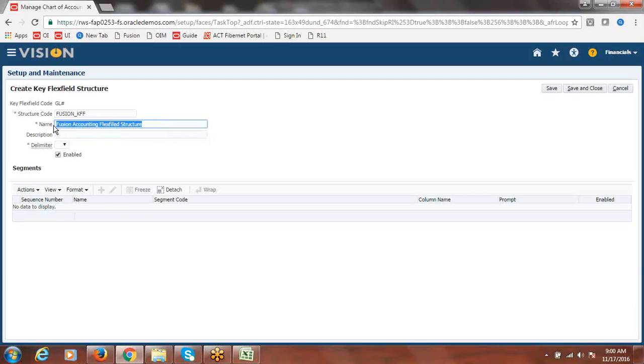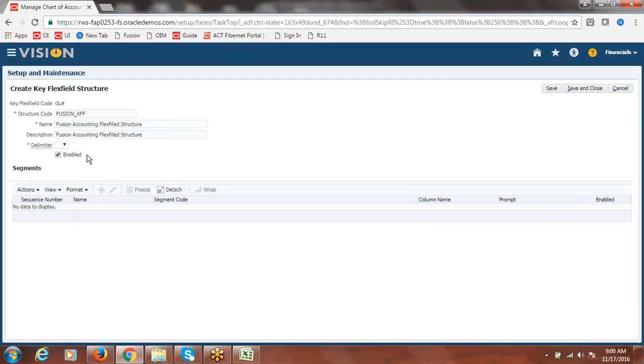I'm copying the same name here. And in EBS, when you are creating the structure, we'll have a segment separator, right? At the structure level, in the bottom right side, you will find the segment separator. That means within that structure, across the segments, when you are selecting the segment values, how the values need to be segregated, with which representation, that we call a segment separator.